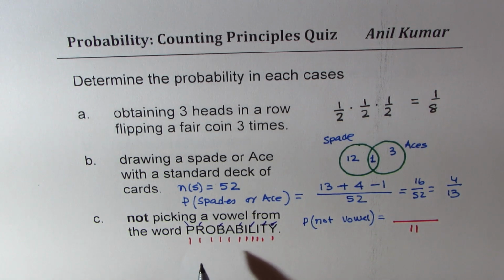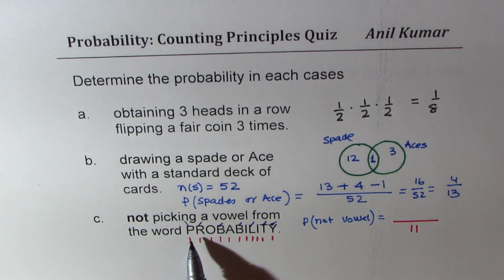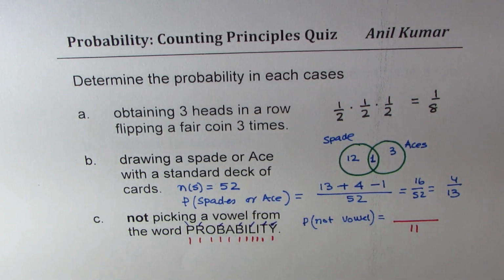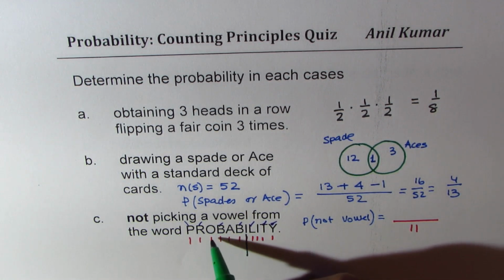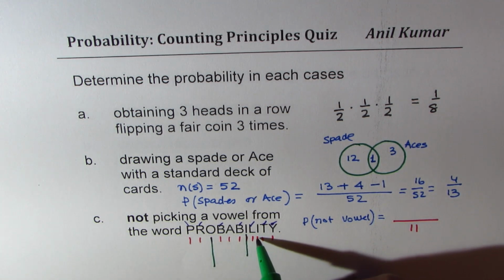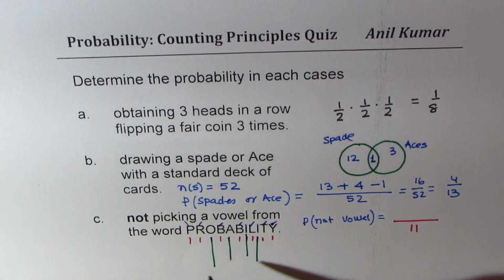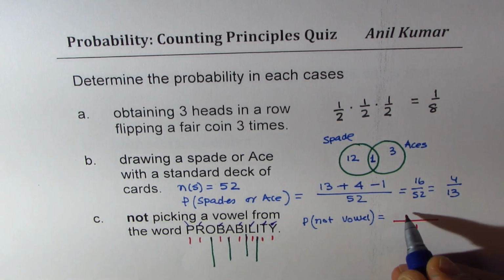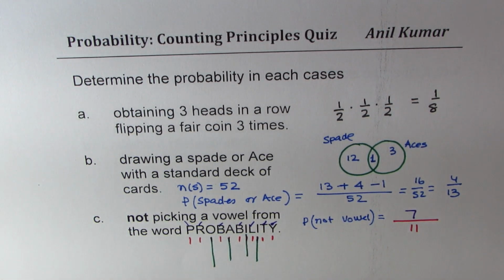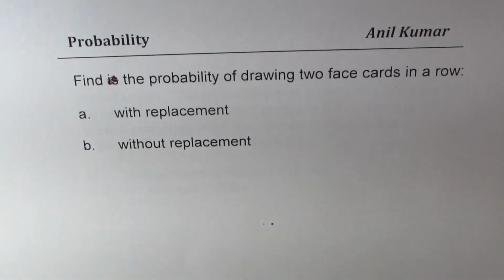So what we are left with is the letters which are not vowels, right? So we know A, E, I, O, U. So we'll leave these 4 and count the rest, which are not vowels, which are 1, 2, 3, 4, 5, 6, 7. So it is 7 over 11, which is your answer. So I hope that is very simple. Now let's move on and take up the next question, which is